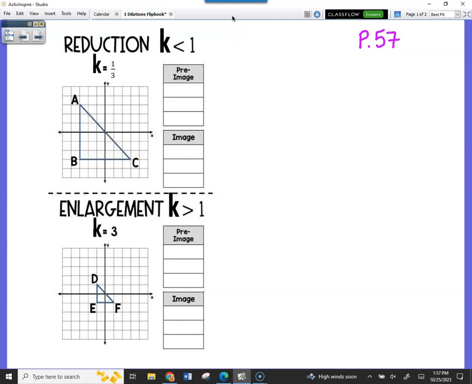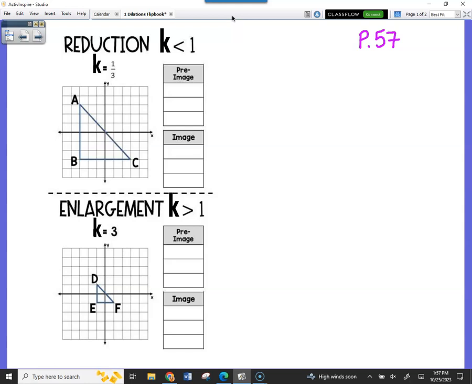How do we talk about the size that it's increasing by or the size that it's decreasing by? We use what's called scale factor. Scale factor, you've heard before? If you think about Hot Wheels cars, they are a scale factor model of the actual car. They've taken an actual car and they have shrunk it down to like a 3-inch little toy, and it's by a scale factor.